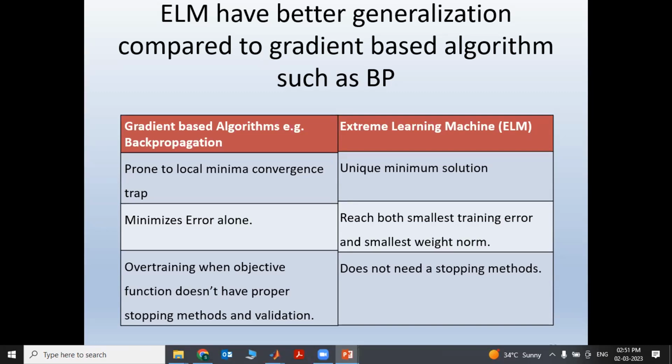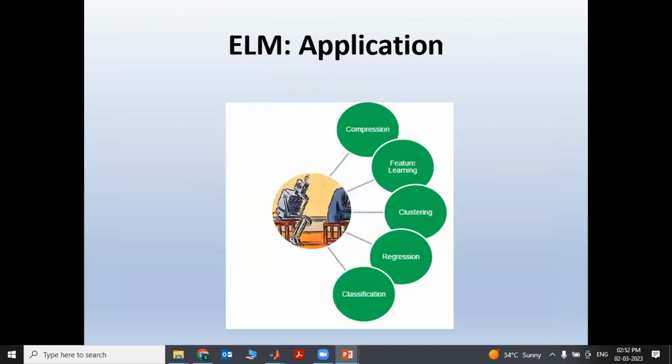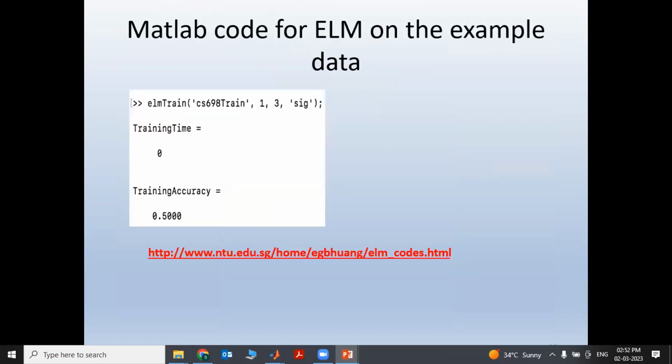It converges within a single iteration, within a single step. That is a very good advantage. That is why people say that the extreme learning machine is 1,000 times faster than the conventional backpropagation neural network.